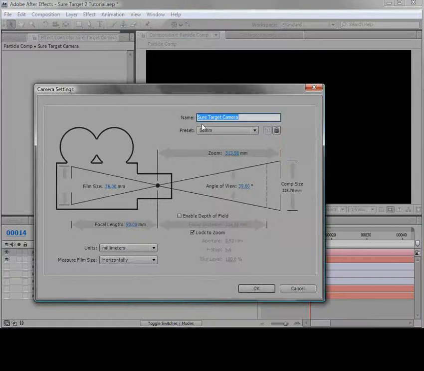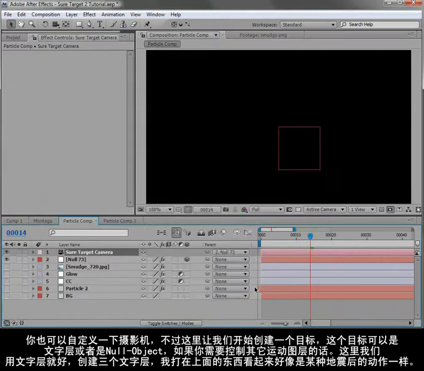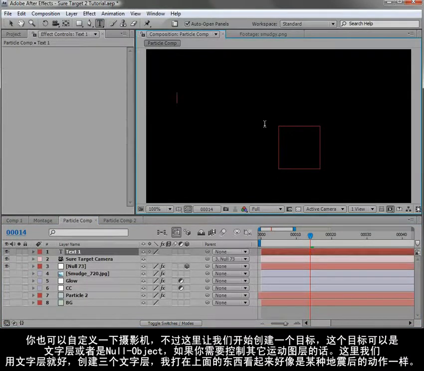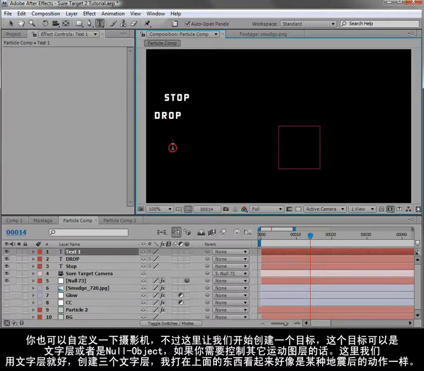That is the key. So you can go into the camera settings. You can make some changes. You can make it a little wider, any of that good stuff. So we'll hit OK. And the next thing we need to do is create some targets. Now we're going to use text layers, but you can use anything. You could use null objects if it's just motion graphics, but we'll just go ahead, take the text tool, and we'll just click in the composition. We'll just type stop, and we'll add another text, drop,